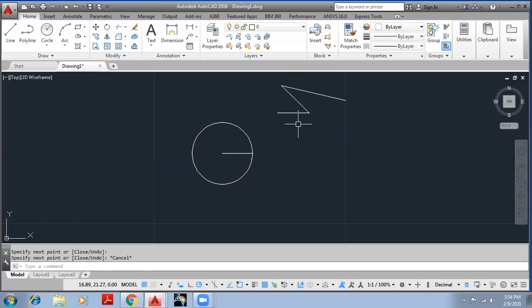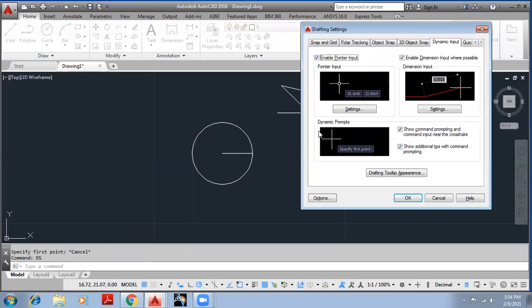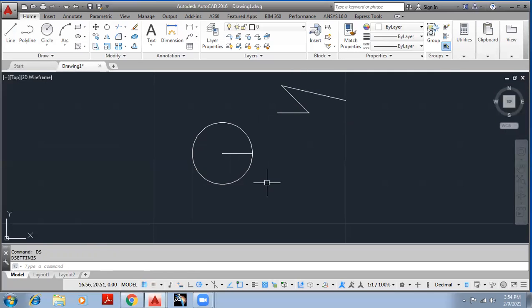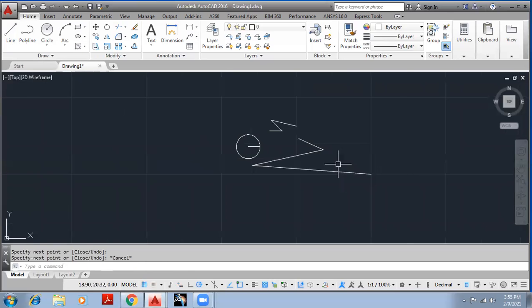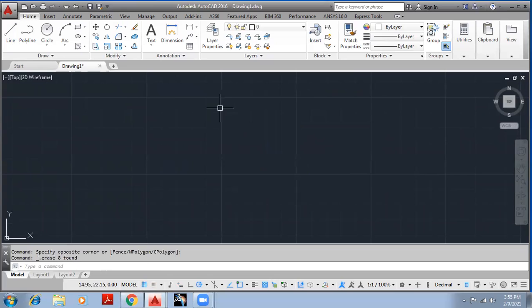So this is called dynamic input. Actually, we should define everything in the command window, but we are defining it directly in a sketch. If I turn it off, enable point input, enable dimension input, done. If I click on a line, it is not appearing now. If I want a point, I must go to the command window and define the value of the point. Done. So this is how dynamic input works.